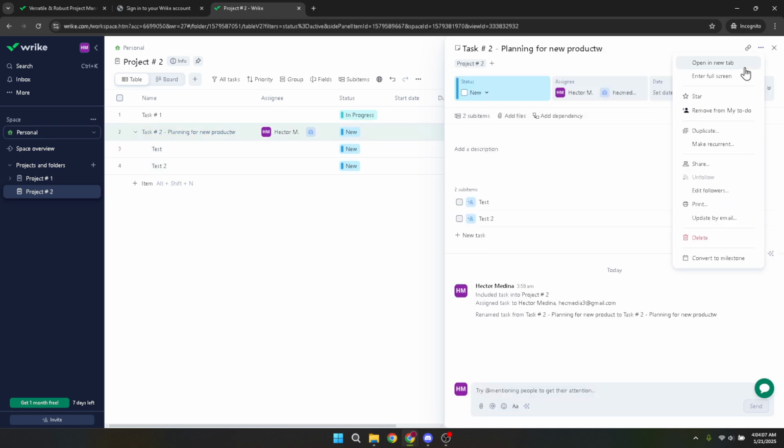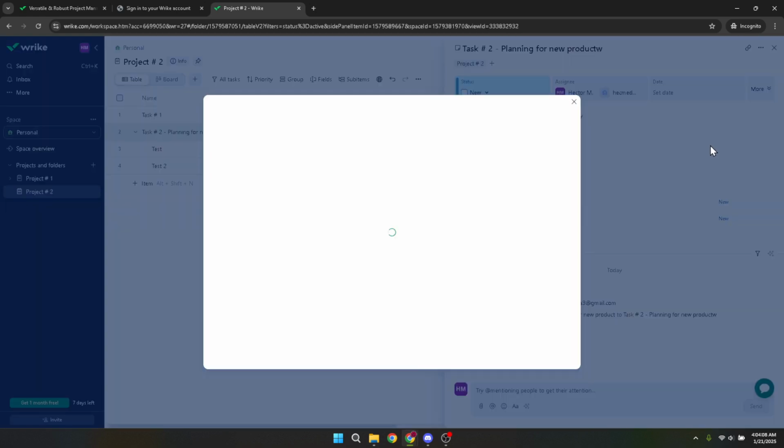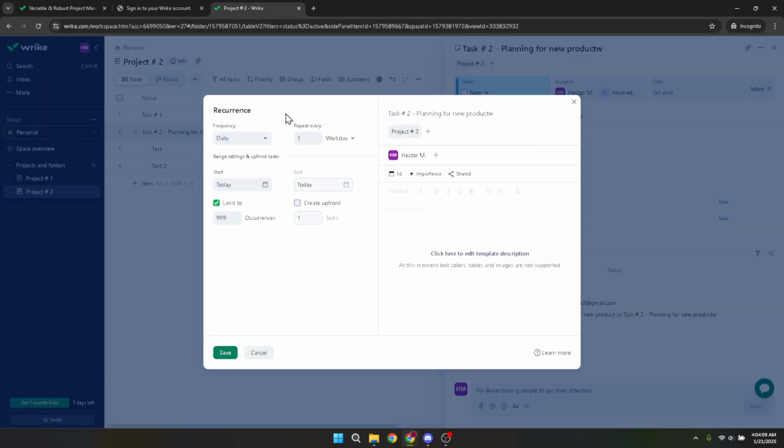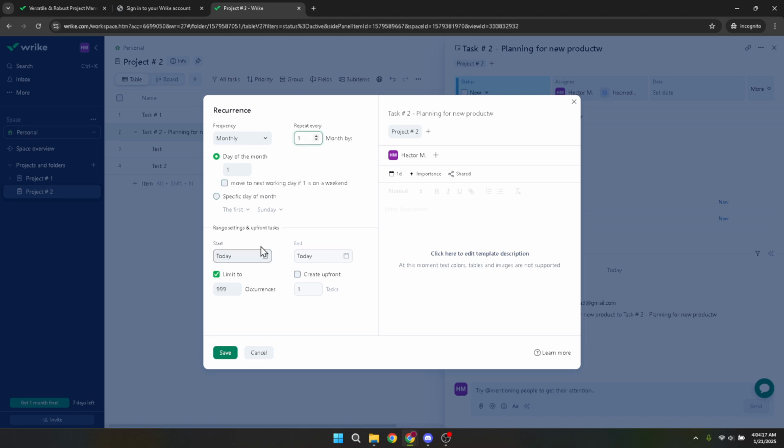After you've selected Make Recurrent, you'll be prompted to set the recurrence details. Here, specify the date and time when you want the task to first appear, then decide how often the task should recur. This could be every day, week, month, or even a custom schedule based on your specific needs. Setting these preferences accurately is important as they control when your task will reappear on your task list.